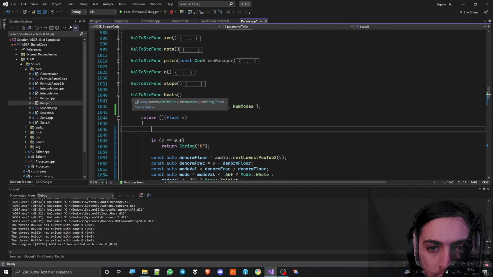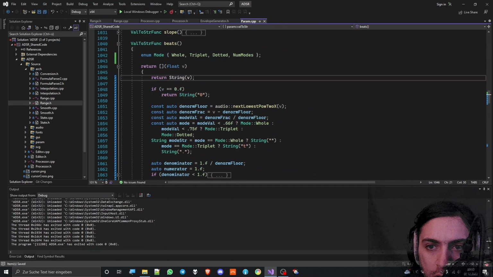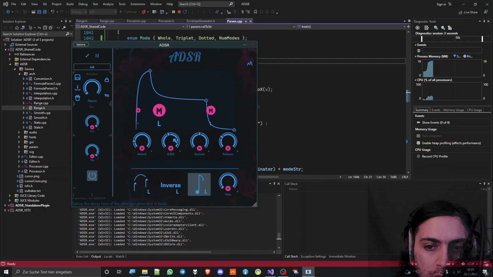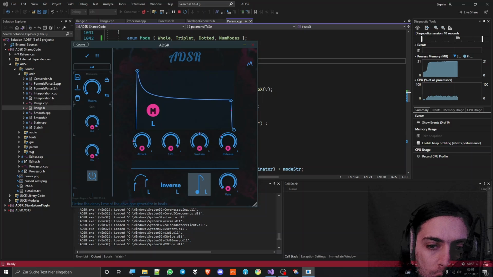I want to quickly take a step back from my range implementation. Now we're here in the value to string function. What I want to do now is I want to return the string with this value directly instead of all of the other things that are going on in here, to just show you what kind of values this parameter exactly has. Now you can see the actual values that are in this parameter. For example, when I go to 1 bar, then this is 1. When I go to 2 bars, this is 2. When I go to half a bar, then this is 0.5, and then it goes on 0.25, stuff like that,